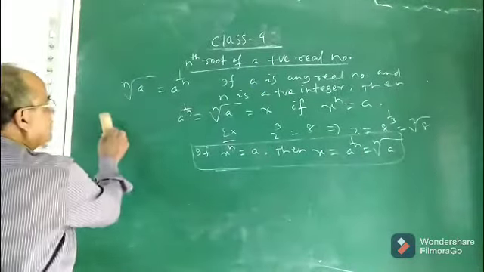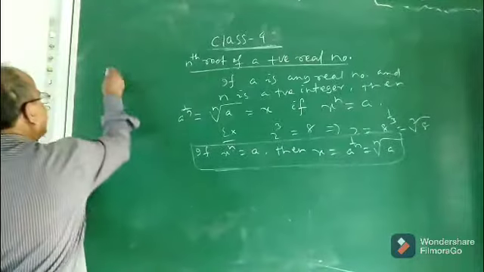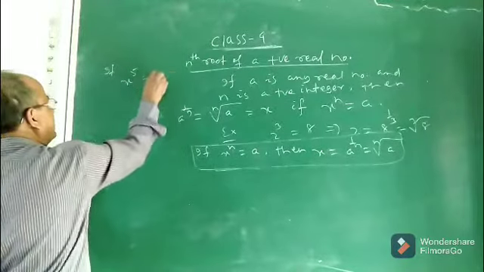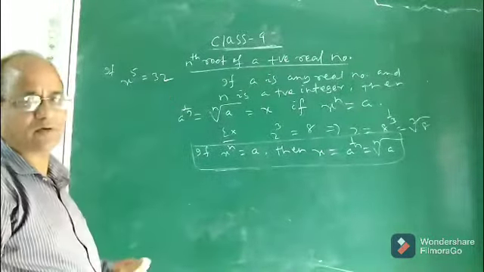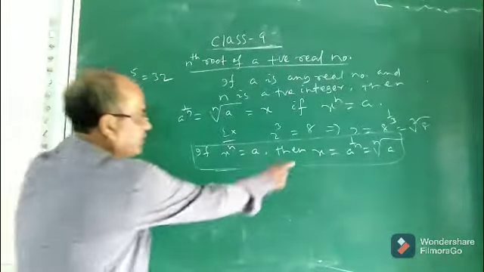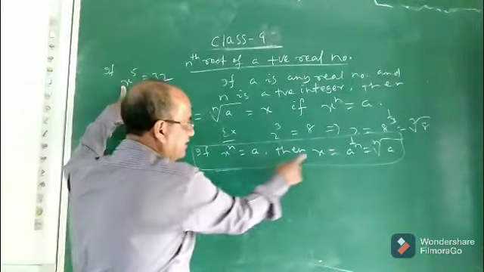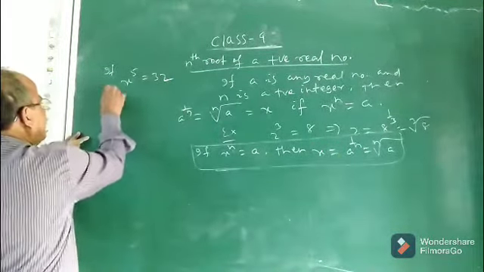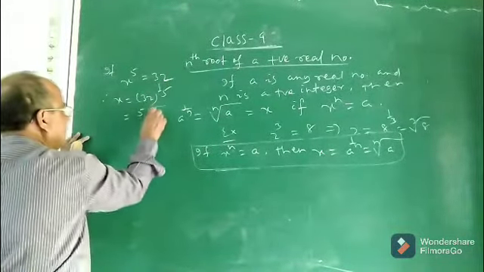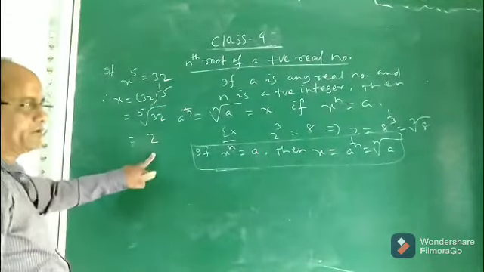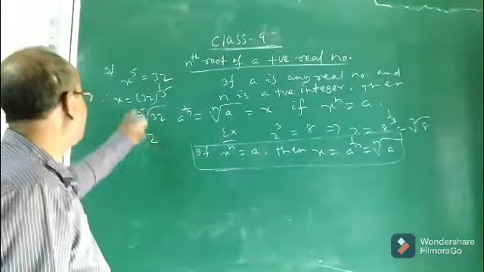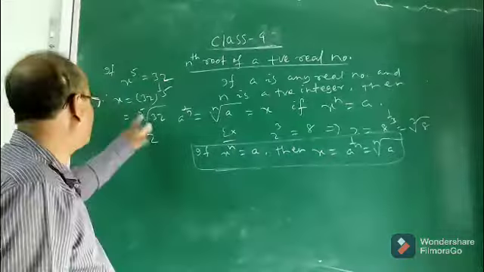I am giving another example so that you will understand the concept better. Suppose you are given x to the power 5 equals 32. Then the fifth root of 32 will definitely be equal to x according to this definition. If x to the power n is A, then x is A to the power 1 by n. So here x will be equal to 32 to the power 1 by 5, or fifth root of 32, and the answer is clearly 2, because if you multiply 2 five times, then only you will get 32. So the fifth root of 32 is 2. So if x to the power 5 is 32, then x will be fifth root of 32.